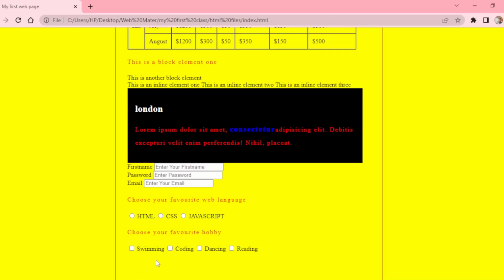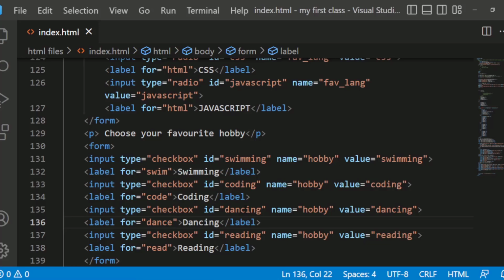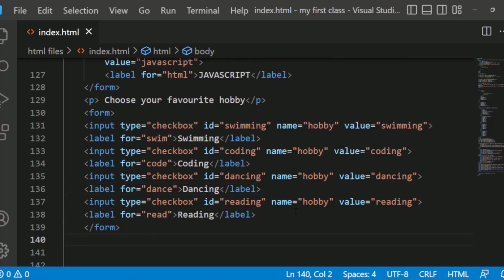So favorite hobby. Now you can choose one. Okay, you can choose all. So this is what the checkbox looks like. Okay, just allow the user to select more options, or you can select none. All right, so this is what the checkbox is all about. Okay, so very easy. Now lastly, before we move on, let's